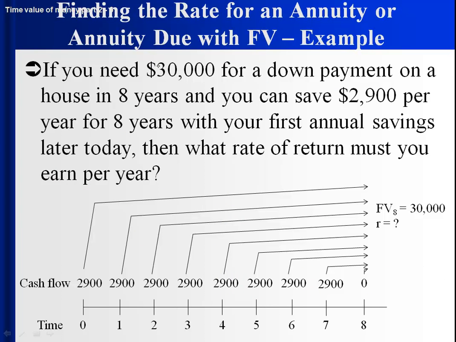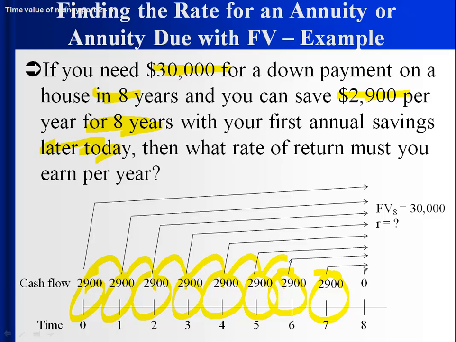Here's a similar 30,000 needed in 8 years, 2,900 per year for 8 years. But now your first payment's later today. So 1, 2, 3, 4, 5, 6, 7, 8. So now we need the R such that 2,900 times (1 plus R) to the 8th plus 2,900 times (1 plus R) to the 7th, all the way out to our 8th contribution of 2,900, which would happen in 7 years from now. We'd go to the bank, we'd give it to them, and